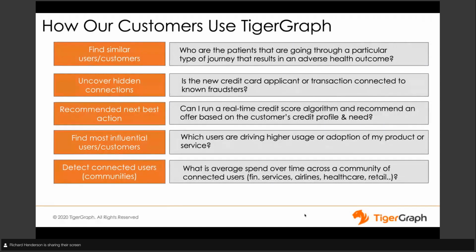Things like finding similar users and customers. In the graph world, we talk about community detection. This is how do we find people who are similar to other people in a particular way. Now,